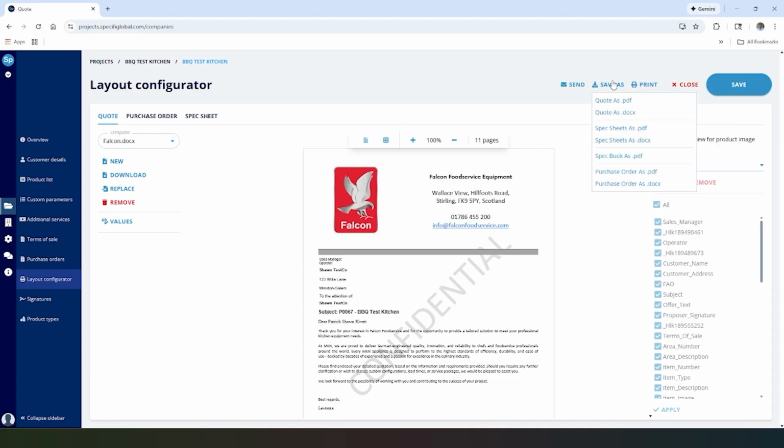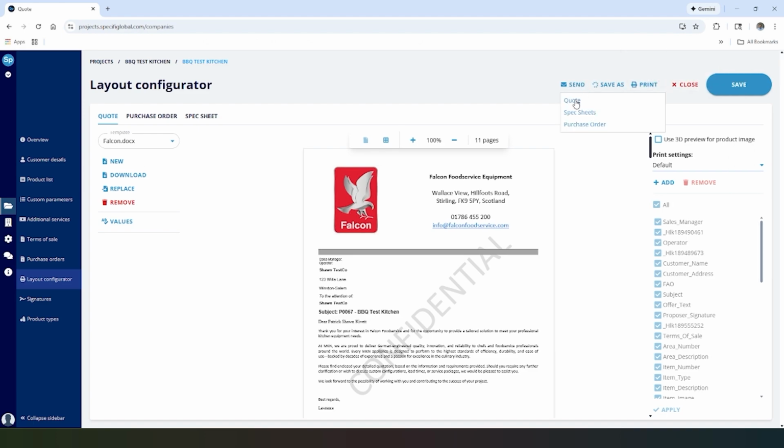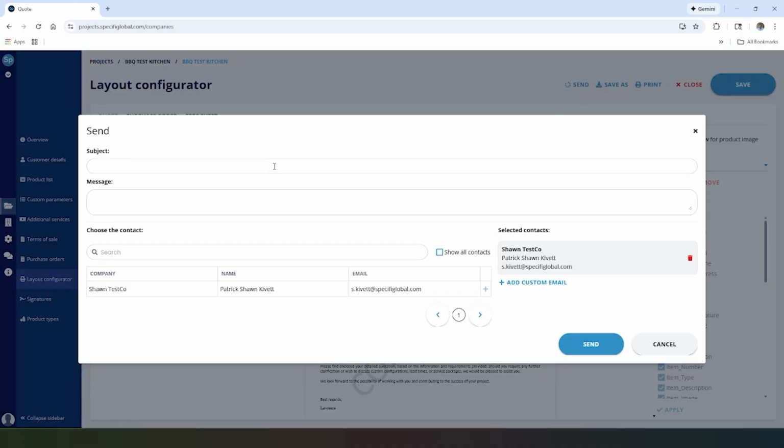I can save it as a quote. You can save it as a PDF or a Word doc. It's the same with your purchase orders as well. So if I want to save a quote, I can easily do that. Or I've got the ability to send this. I could send the quote and spec sheets and have this emailed over to our customer. So I could just go ahead and send this